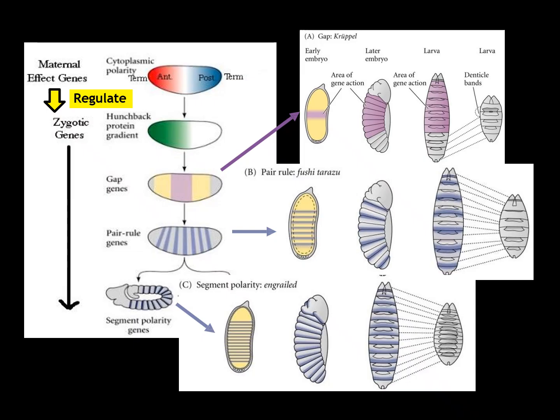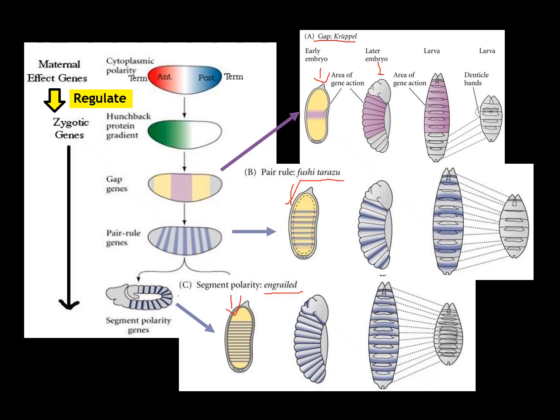Again, from a very general perspective, we're going to see some genes here. So from the gap genes, you have Krüppel, from the pair-rule, Fushi tarazu, and from the segment polarity in gray. And in this diagram, you will see their location in the embryo. Yeah, so I want you to see how they are located. Again, I want to show you the general aspect. The general aspect is that every time they start getting into smaller and smaller regions, with more complex behaviors. And if you see where they are expressed in the embryo,